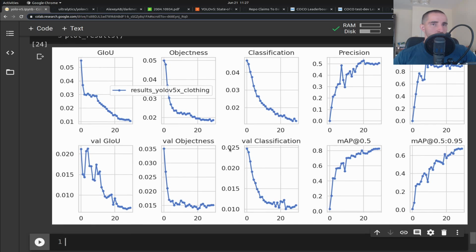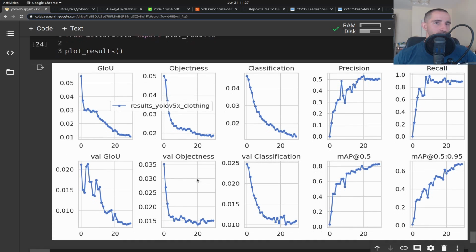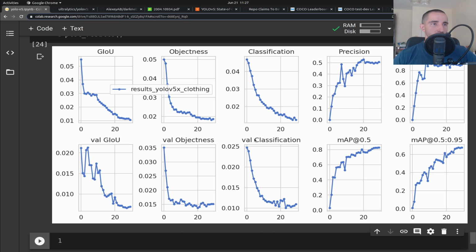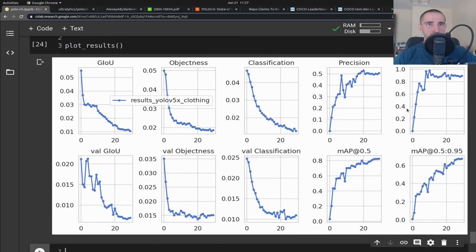So this should take into account the charting preferences that we had, and you can see that roughly we have recall that was very close to 1 at some point, but the precision was increasing up until the epoch 20. You can see that the classification was steadily decreasing, and overall the project was very well trained,